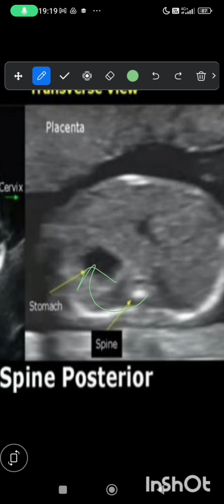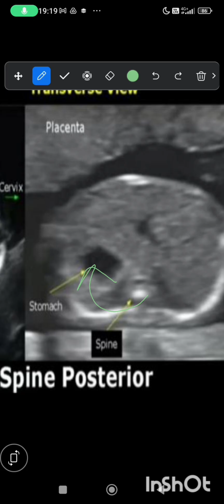Is this direction clockwise? Yes, it is clockwise. So whenever we get this type of picture, and we match spine and stomach and it is clockwise,